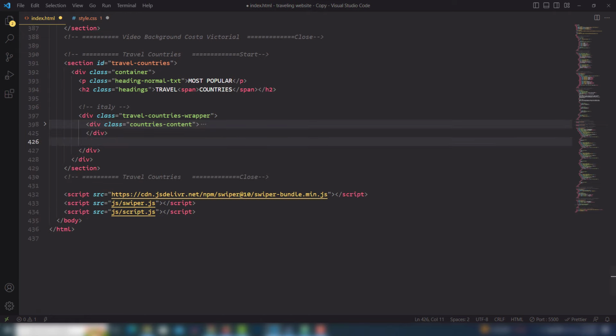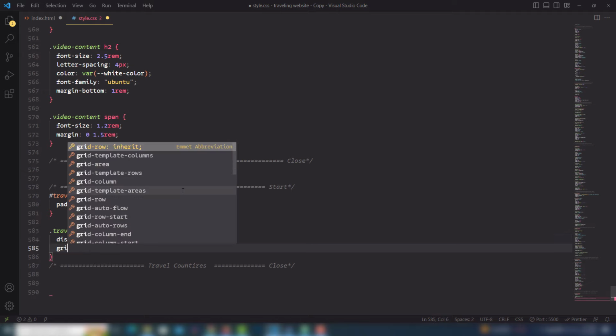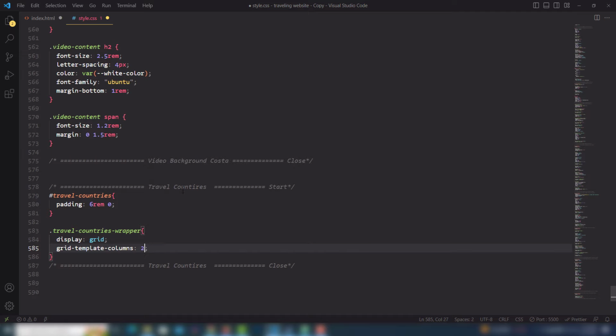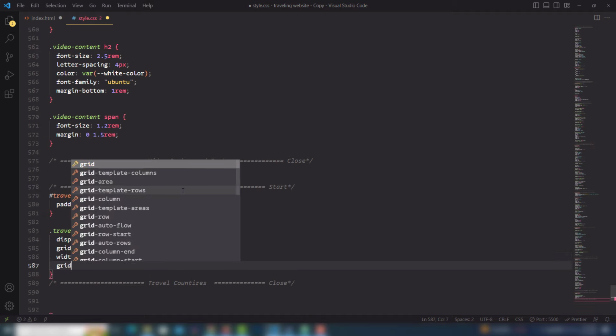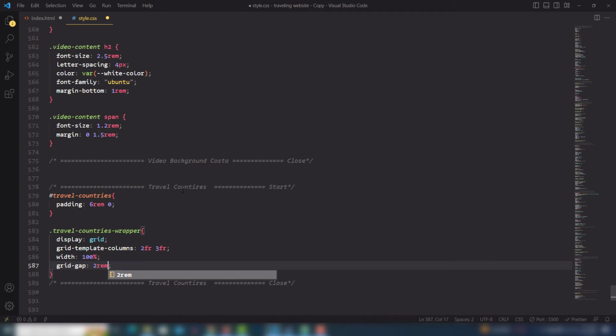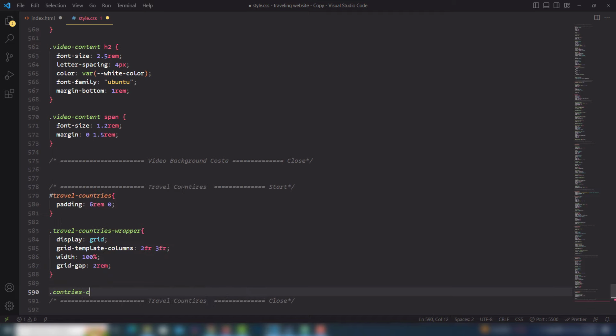After that I will create another column or another div, right? So this time I'm going to use display grid to divide the columns, grid template columns, and I'm going to use 2 FR on the left side and 3 FR on the right side. Width will be 100%, and I need to use grid gap to make a space, right? Then I need to select the countries content,